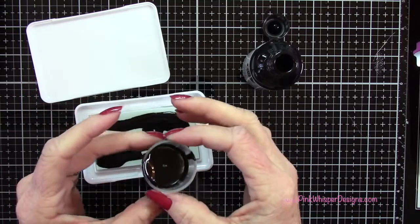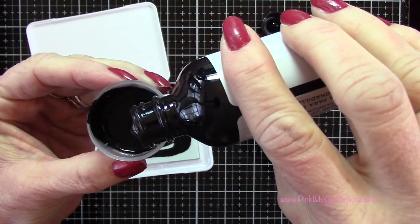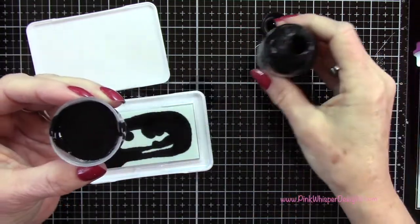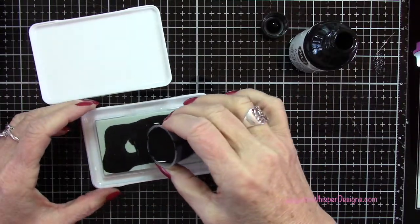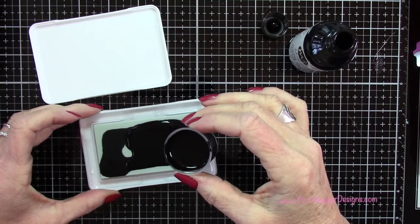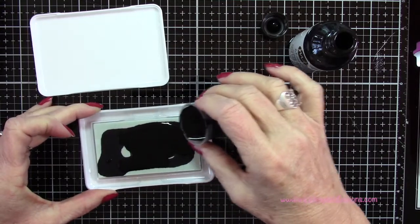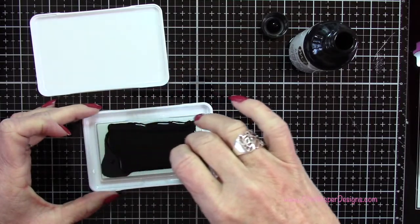So the ink is good for about 2 hours after you ink your ink pad. And then after that, I guess it becomes kind of hard and dry. So you do need to throw it out and start with a new one. So while you have this out, you probably want to do quite a bit of stamping. That's what I did. I just grabbed a whole bunch of different stamps and I started stamping things and just